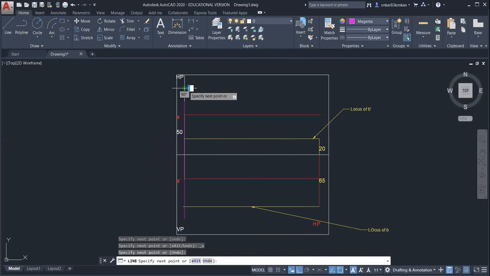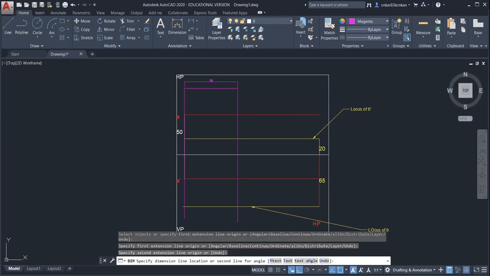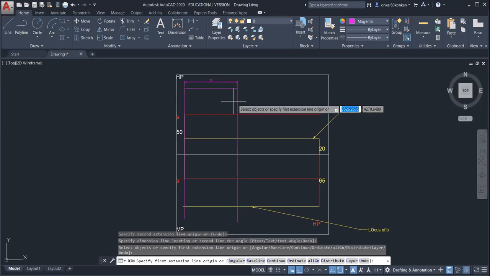So this is the first end projector at distance 65 mm, sorry, 70 mm. Draw the second vertical line. So this is 70 mm distance between the end projector.